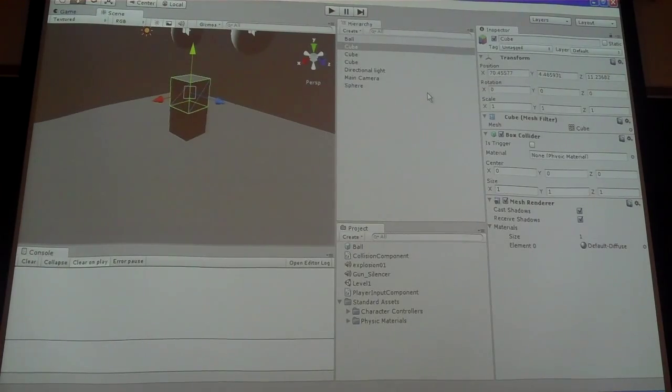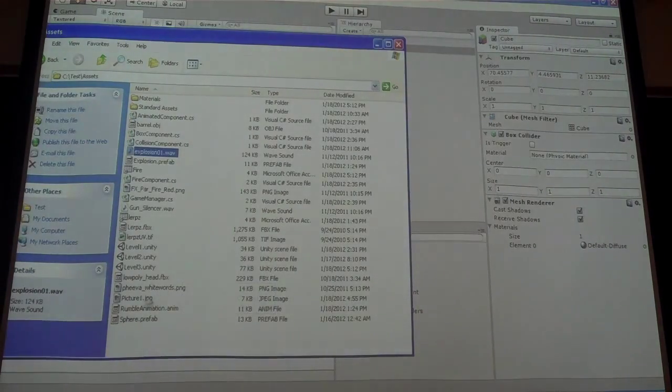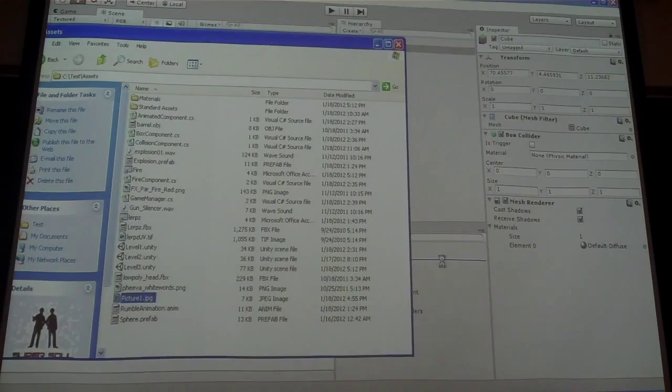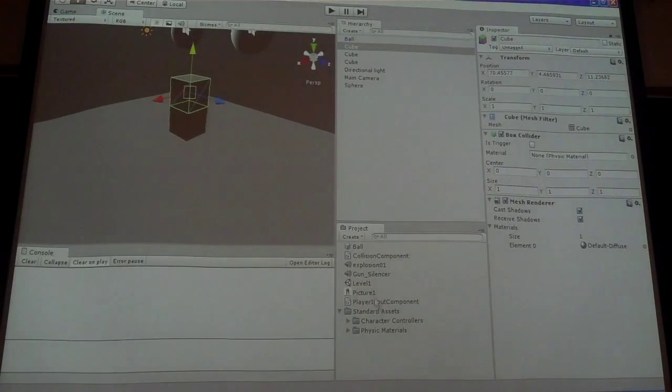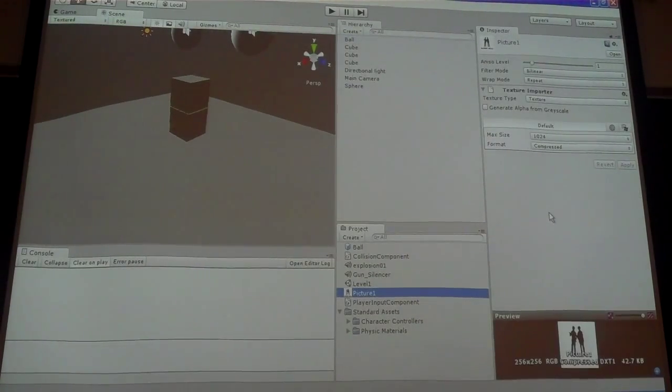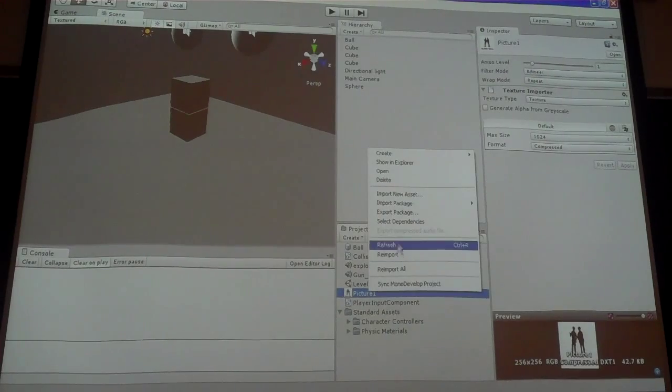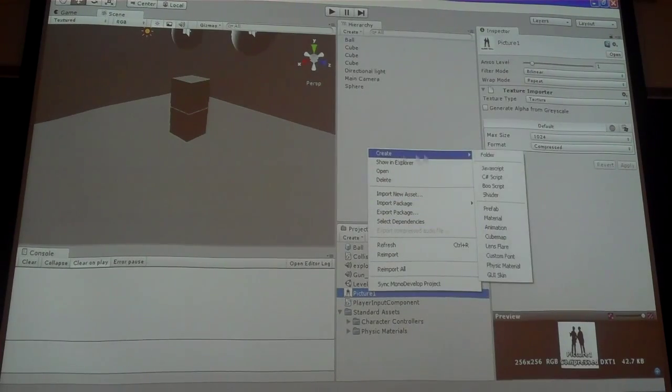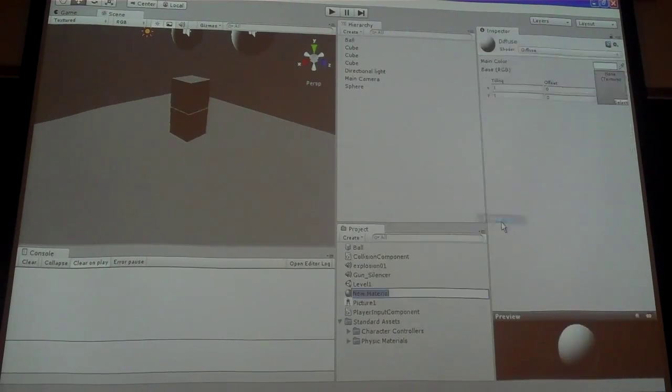And maybe we can add a texture to that. So, do you have a picture here? I can go in here. So here's my texture that I've loaded as a picture. And I can go and create a material. As you saw before, when we did the physics material, we can also create just an image for